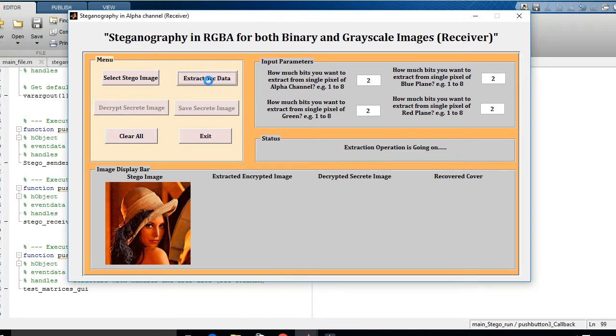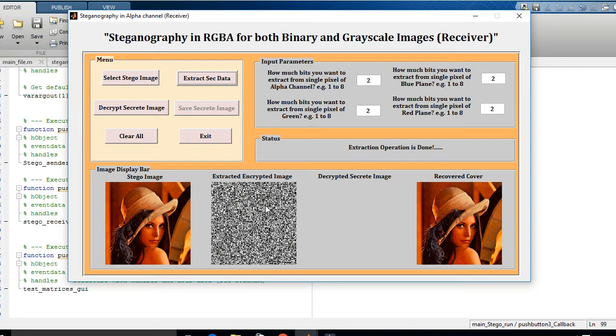This process will extract the secret data from this stego image. Basically now our secret data is encrypted data, so after retrieving that data, you have to decrypt that data with the help of AES decryption algorithm.